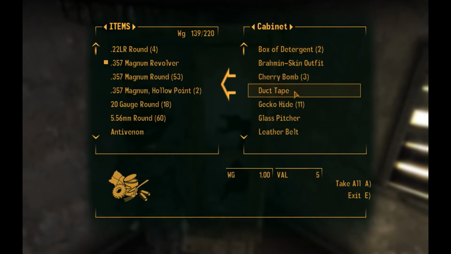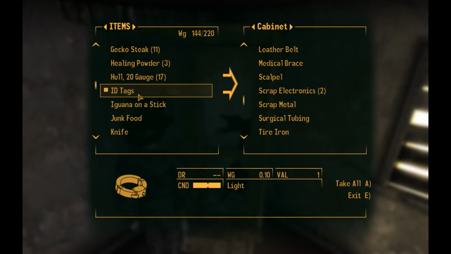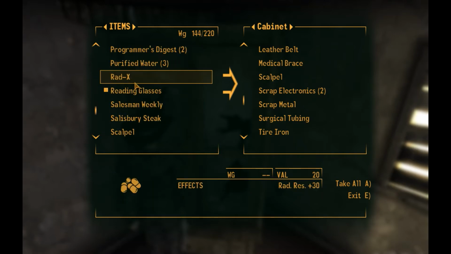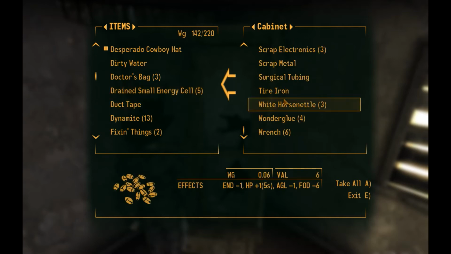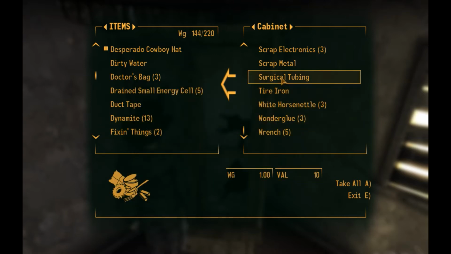Okay. 2 duct tape. 4. We only need 2 scrap electronics. We're only going to be able to build 1 because we only have 2 scrap metals, and it takes 2 per. So we would need 4 to make 2. So let's put that back, put that back. Keep those, and the duct tape. We might as well put one of those back. 1 wonder glue, and 1 wrench. Those are the parts required to make